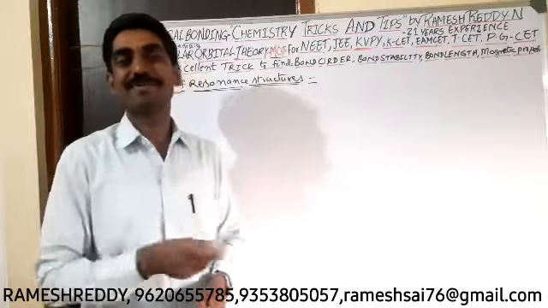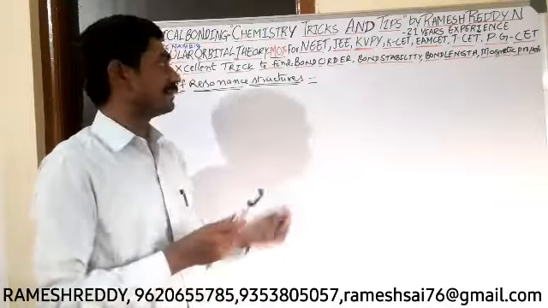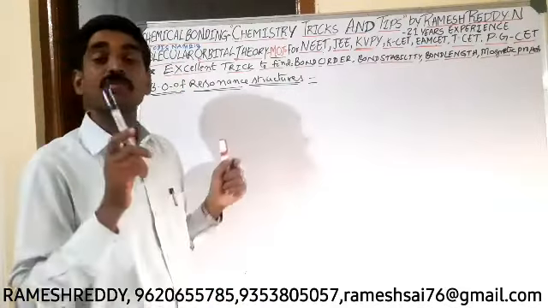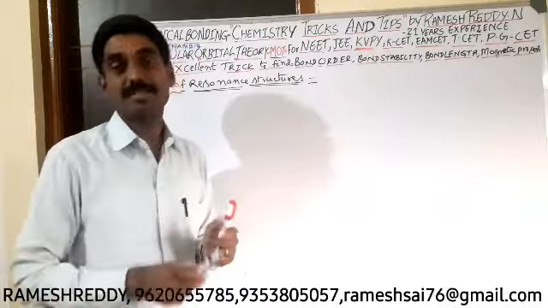Today we are going to discuss molecular orbital theory part 3. Here we are going to discuss how to find the bond order of resonance structures. Let's start here. One formula I am giving to you, just follow it. The bond order of resonance structures is equal to the total number of